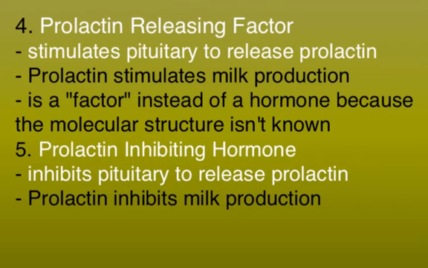Prolactin inhibitory hormone will inhibit the release of prolactin from the anterior lobe of the pituitary for times when the female is not lactating. You may have noticed the releasing hormone is actually termed a factor instead of a hormone, which simply means the molecular structure of the hormone is not completely established. These opposing regulatory hormones are not released at the same time from the hypothalamus, as it wouldn't make sense to have one hormone stimulating the release of prolactin from the anterior lobe while the other one is inhibiting its release.